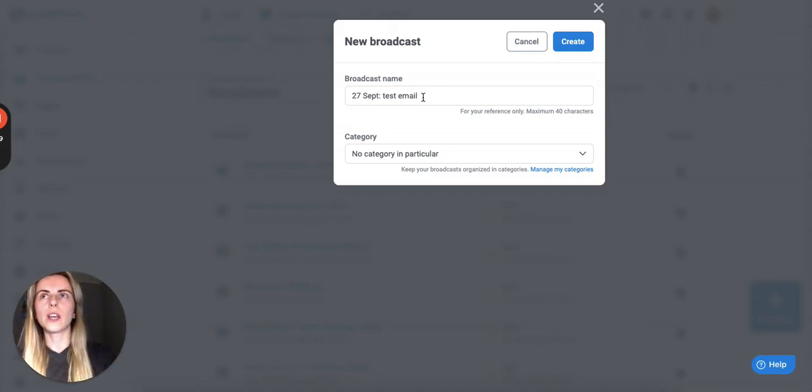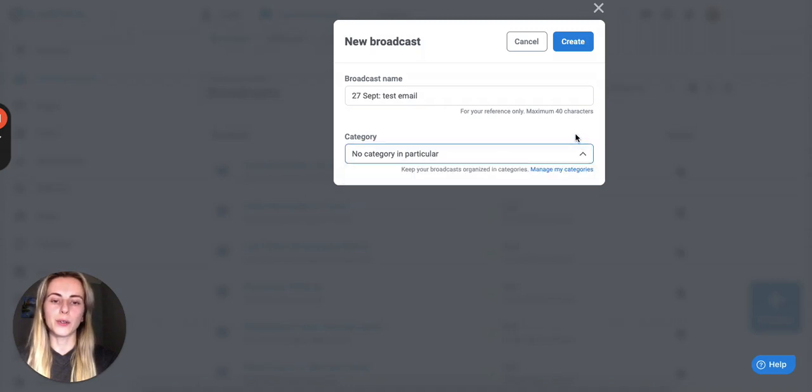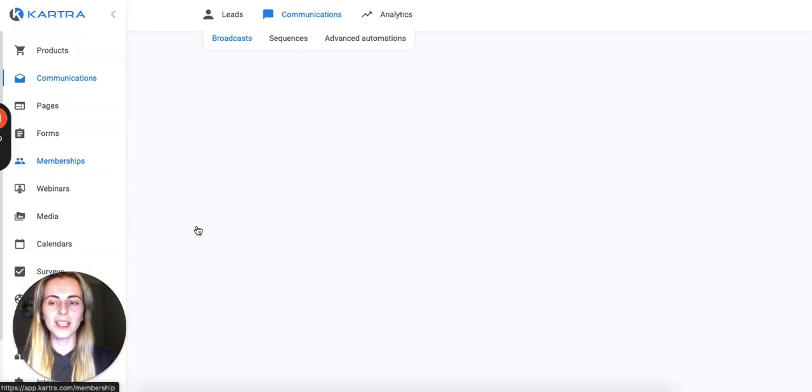Or you can include something that is not really the subject line of the email, but more the content of the email, so it's easy for you to say this was that one. Then you can also choose the category if you want to categorize your emails based on offer or based on the audience that you want to send it out to. So you can just choose it from this drop down over here, or you can quickly create a new category if you want to add one once you're already in the process of creating a new broadcast. And then you just click create and go to the next option